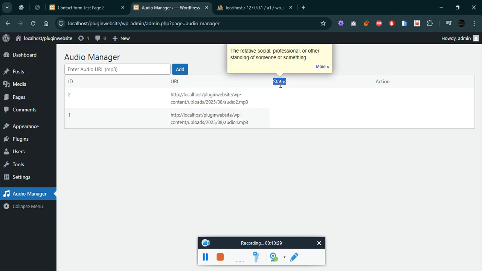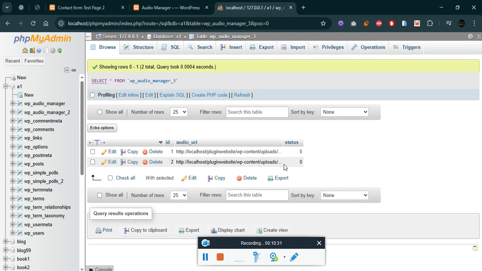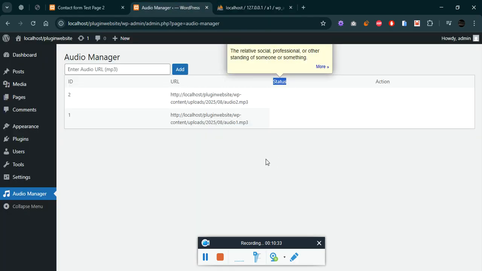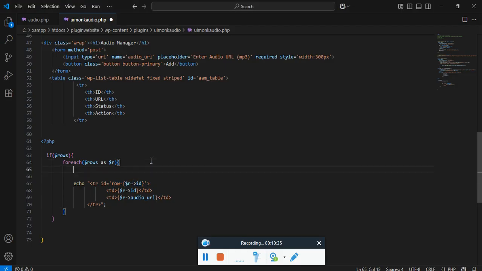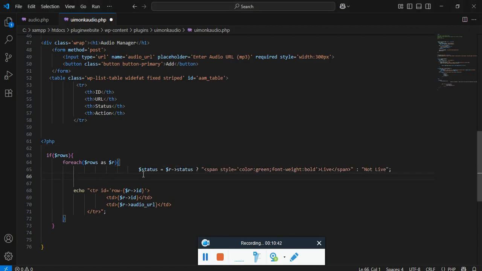Let me just give a condition for the status. If it is 0, then it's not live. If it is 1, it should make this live. For that, I need to use a ternary operator, and simply it's going to check if it is 1, then display a span tag with the text live. If it is 0, then display not live. See,